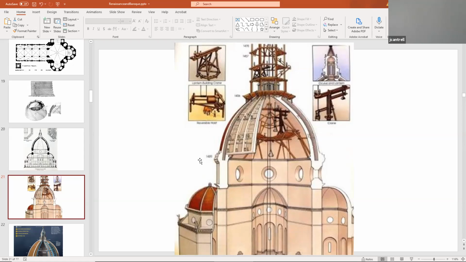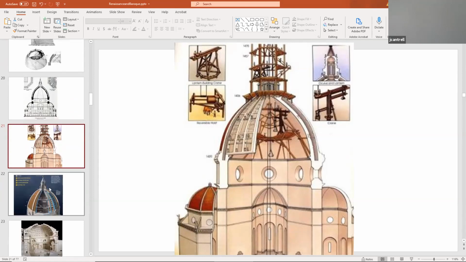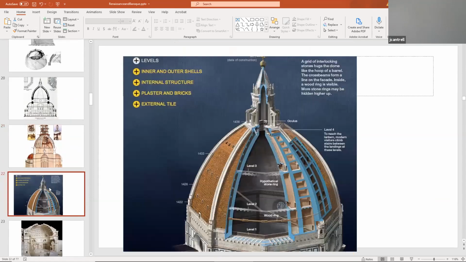And this is just a remarkable amount of engineering and wooden sort of scaffolding. He made all these really interesting machines on how to bring materials up to the very top. But look how sophisticated this is to build a dome that large. I mean, this is just the imagination of one person. And he made all these wood machines, created different layers and shells and structural. He built several different models. And this is built one brick by brick after another.